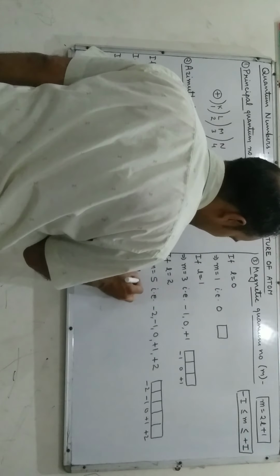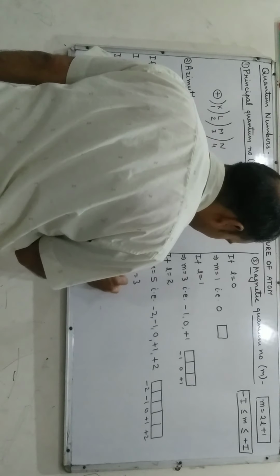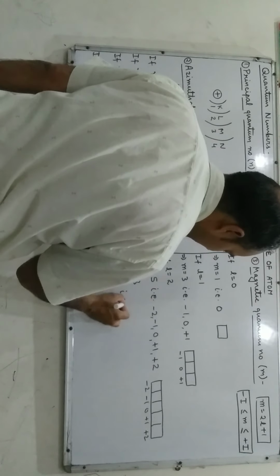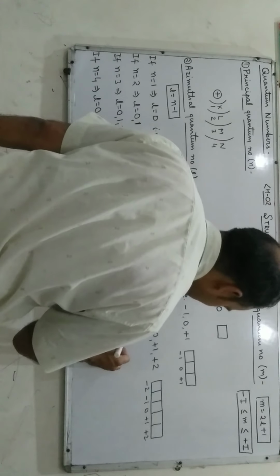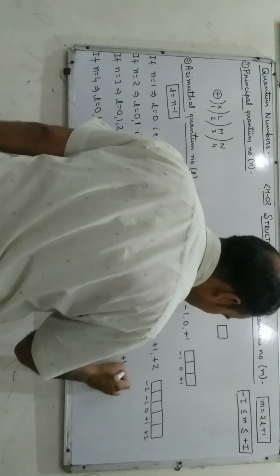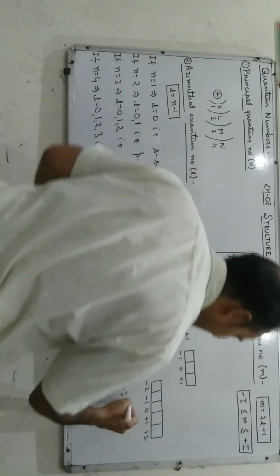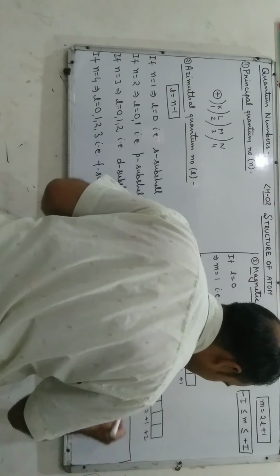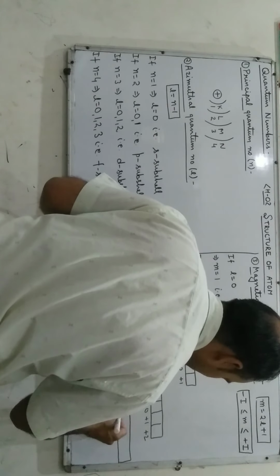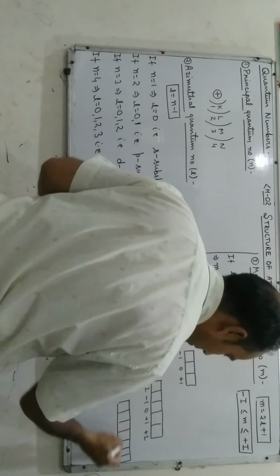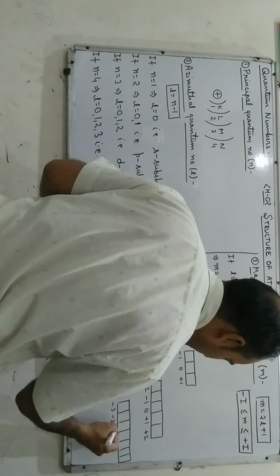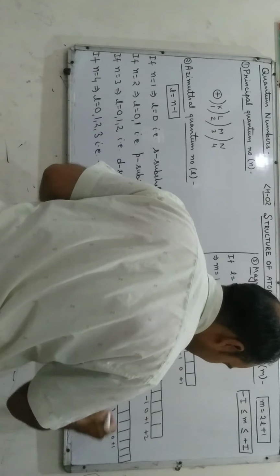If we put l equal to 3, it implies m is equal to 7. It means it is minus 3, minus 2, minus 1, 0, plus 1, plus 2, and plus 3. And it indicates the f subshell, which consists of 7 orbitals whose orientations are minus 3 to